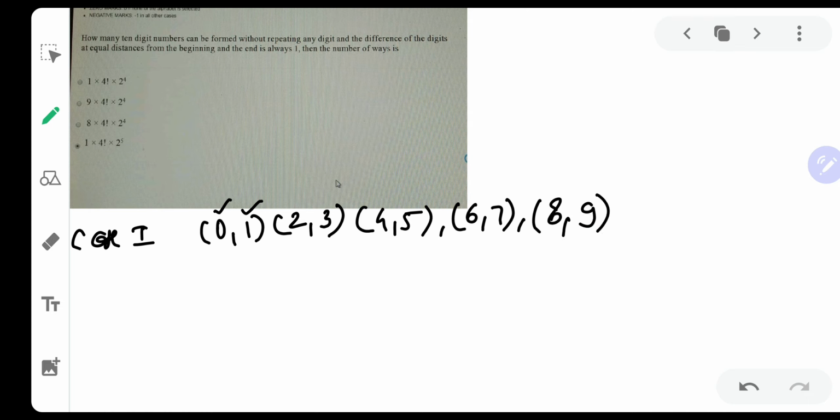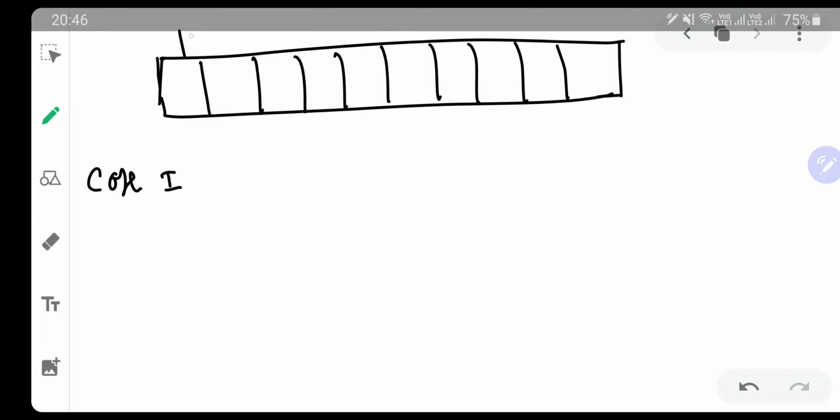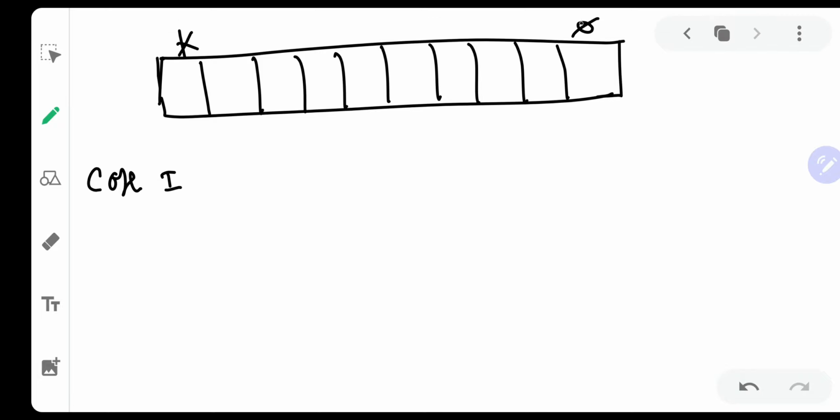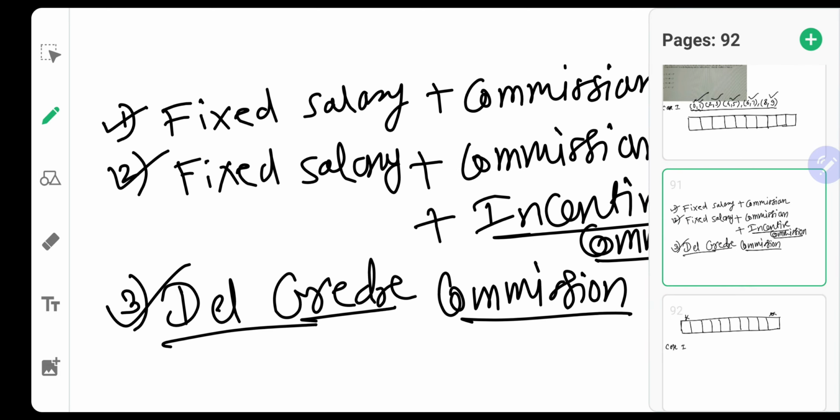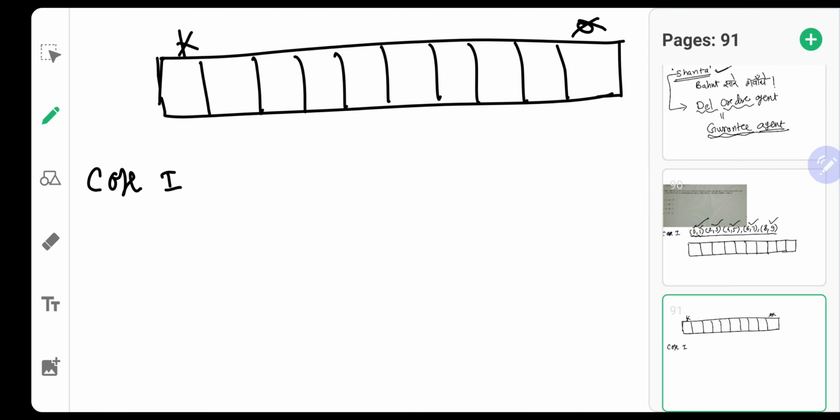Okay, so let us move to the next page actually to do this, and I will calculate the cases. 1 2 3 4 5 6 7 8 9 10. Okay, done, 10. So case 1, in case 1 what do I have? 1 and 0 are not there at the start and end. Other than them they are there. So how many pairs are there apart from 1 and 0? Okay, I just missed out that page. Where is it? Let me get rid of this.